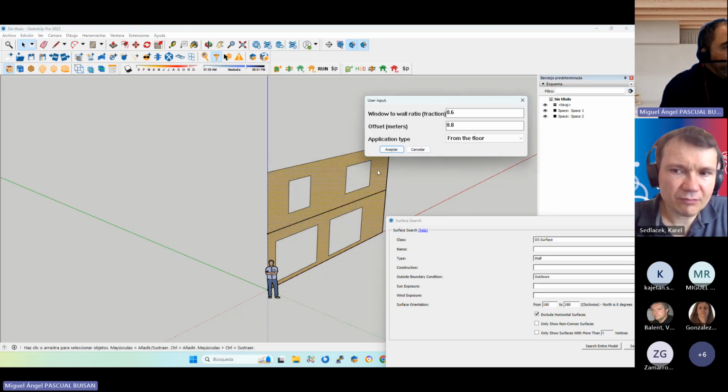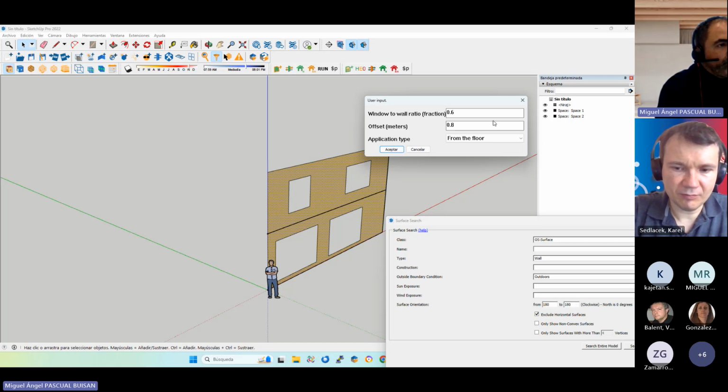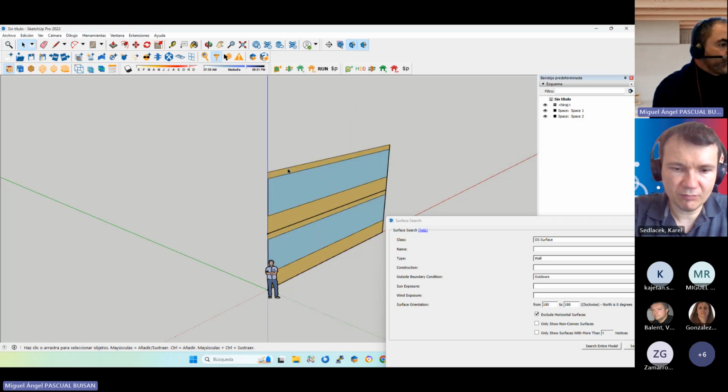Okay, for example, if this is the south facade, it's what we call a captive sun radiation facade. So we are going to try to open this facade to the south, to the sun, in order to reduce the heating needs of our building. For example, I'm going to try to have a big opening in this facade. When I click accept, you see now it has replaced the initial windows that I had in that facade